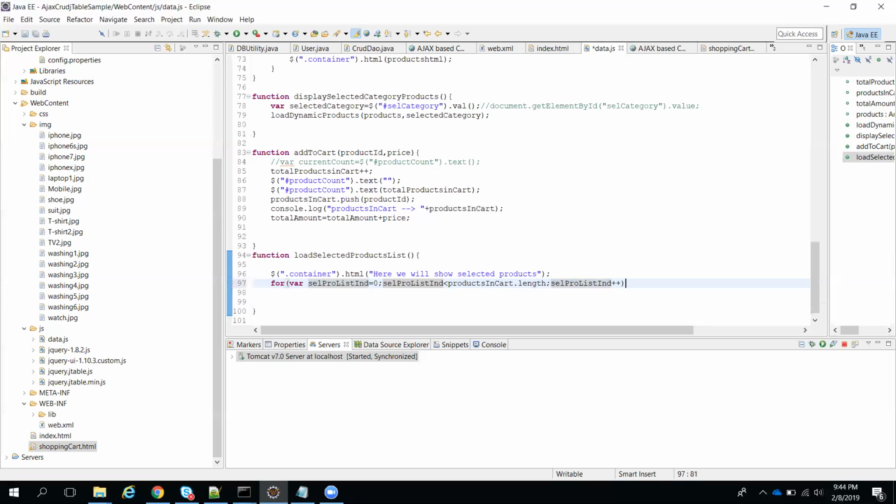So this for loop I'm using now is to display the information of whatever products you selected, a kind of summary page. To implement that, I'm using this for loop. Based on the product id I can find the element. There is a find in jQuery, JavaScript. By using that we can get the particular object from the array. So that is an important thing.